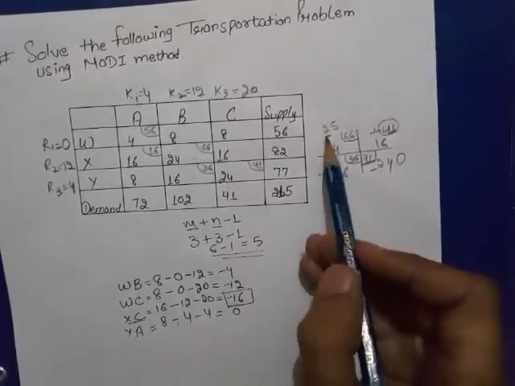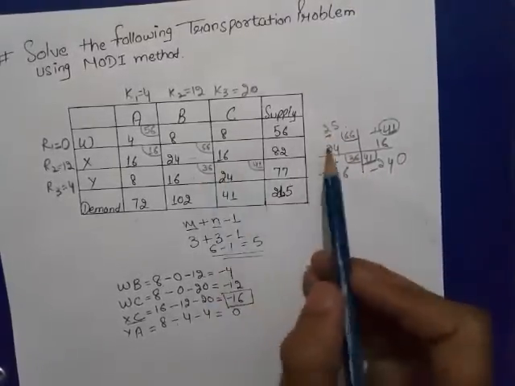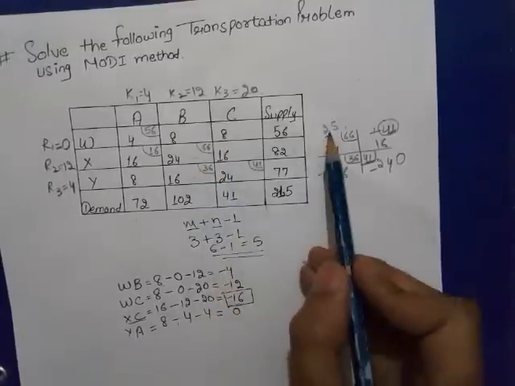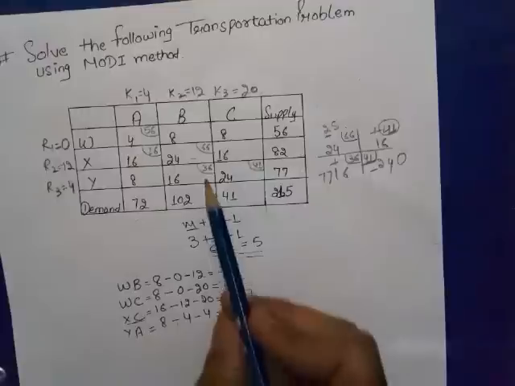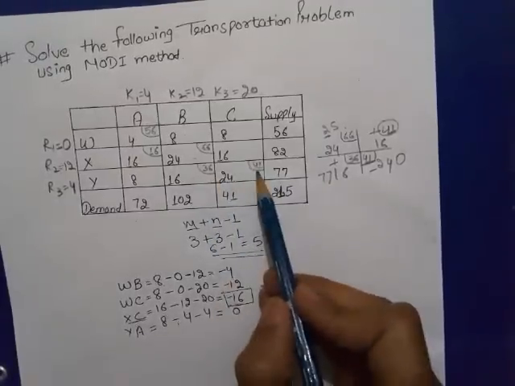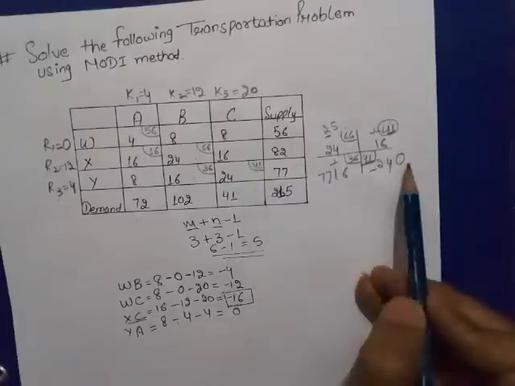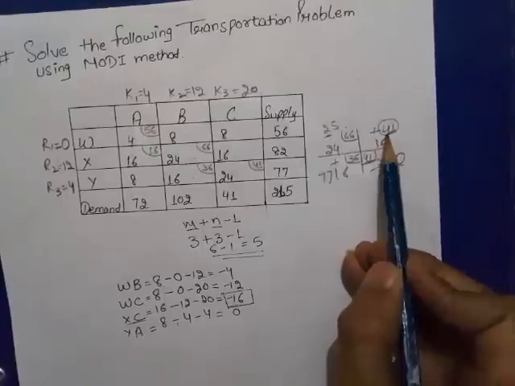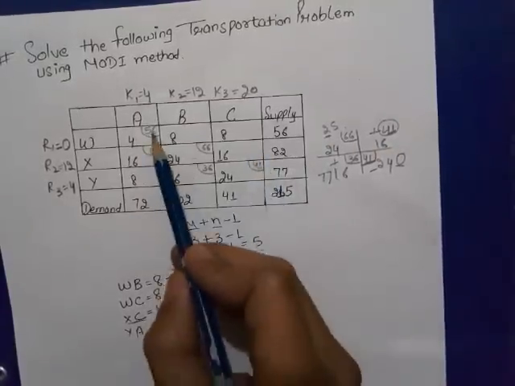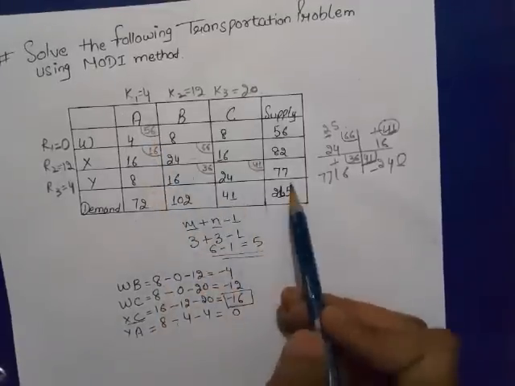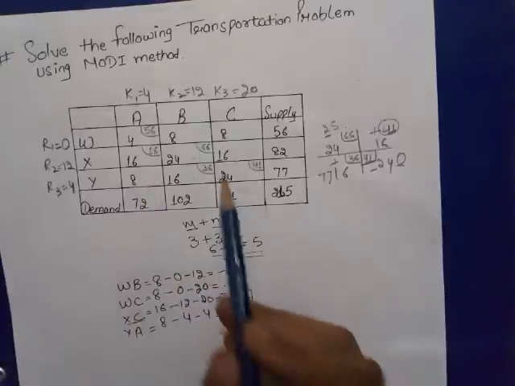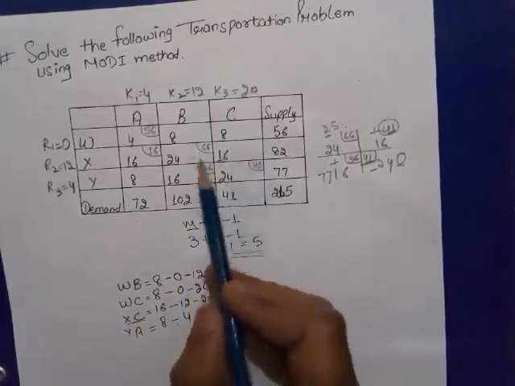So now we have to make these changes in the table too. Now in this 66, 25 is to be written. In this 77 is to be written. This cell became unoccupied cell, 0. This cell became occupied, so give it 41. The whole rest will remain equal, means there is no change in the rest of the cells. The only change is to be considered in these 4 cells.